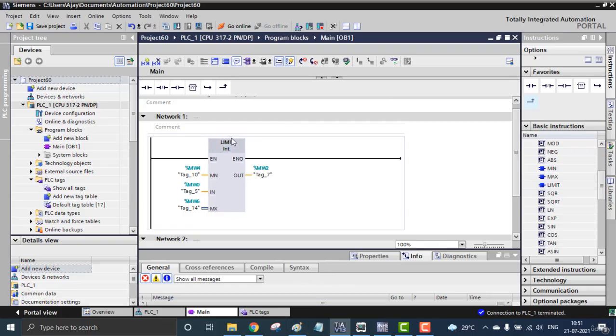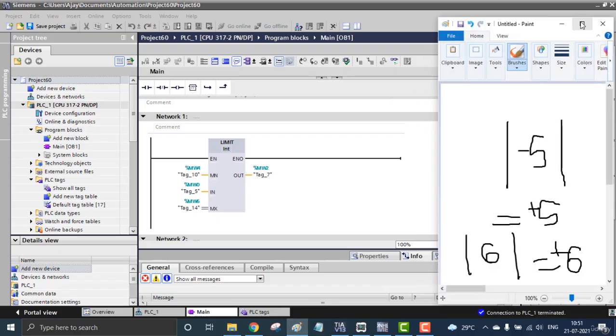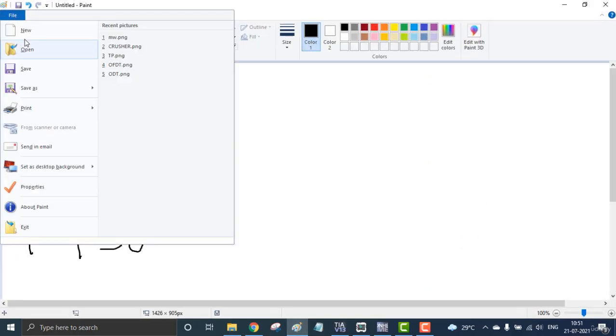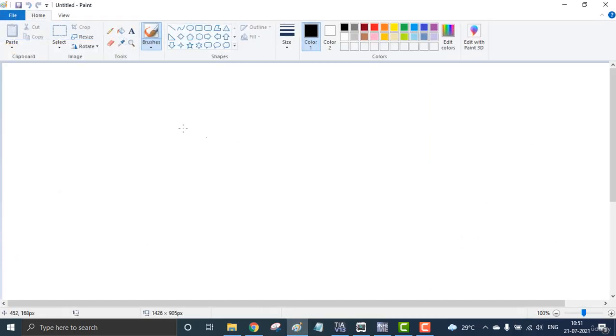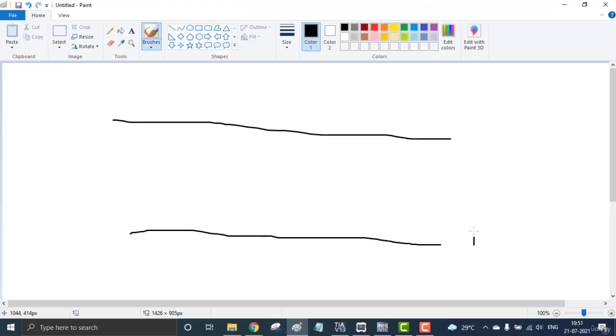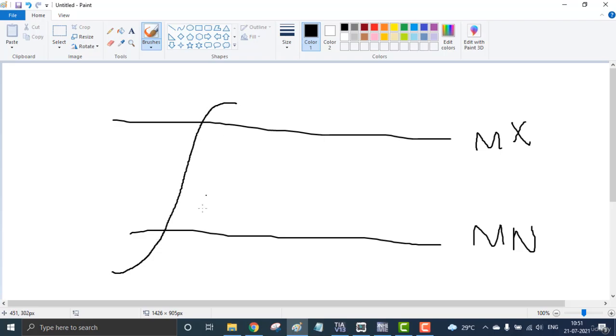Before going to the runtime, we have to know about the limit. I'll show it in Paint. We have 2 limits, one maximum limit, mx, and one minimum limit, mn.